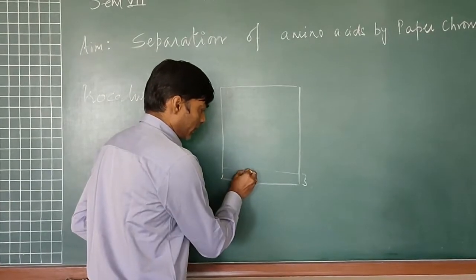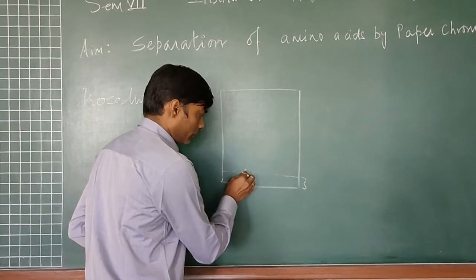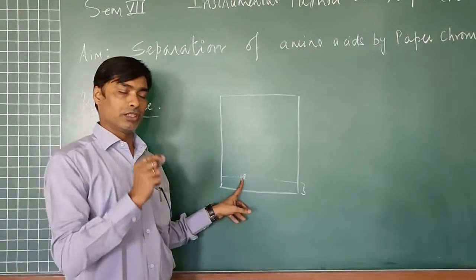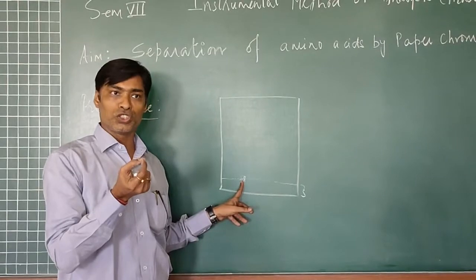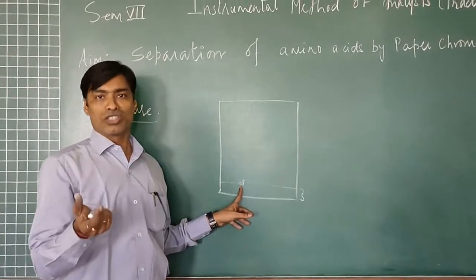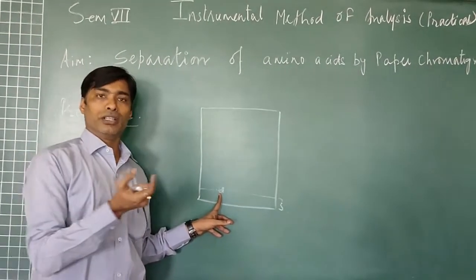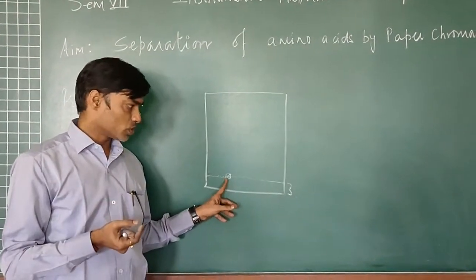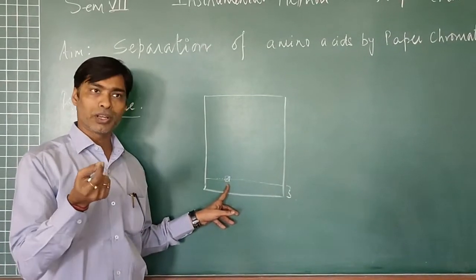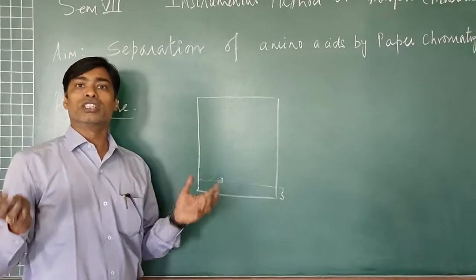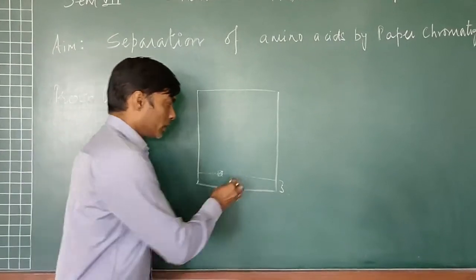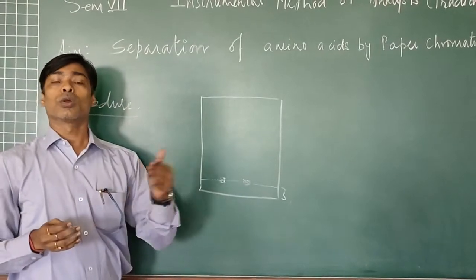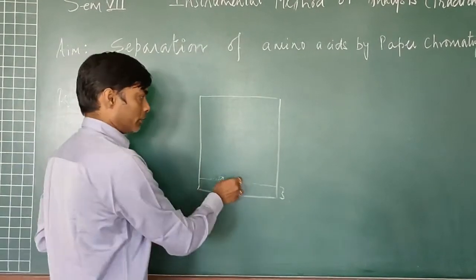Then we will apply the spot with the help of the capillary in the form of a circular spot, because the spot will get diffused from its position. So depending on the concentration, if the concentration is low, you can apply it 2-3 times on the same spot. If the concentration is high, we can apply an appropriate volume, because too much diffusion of the given spot should not be there, and the maximum spot diameter advisable should not cross beyond 5 mm after we have applied.